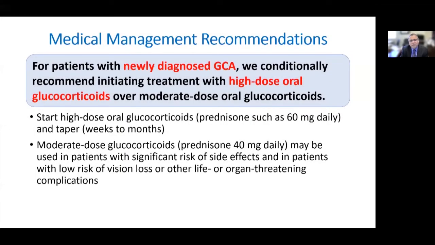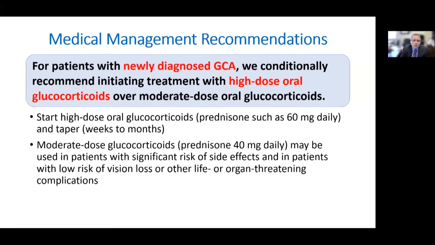So for patients with newly diagnosed GCA, should we use high-dose oral glucocorticoids, prednisone 60 milligram, or should we use a lower dose, such as 30 milligram or 40 milligram prednisone? Some studies have actually compared these patients on a lower dose of prednisone, and it can be done. But